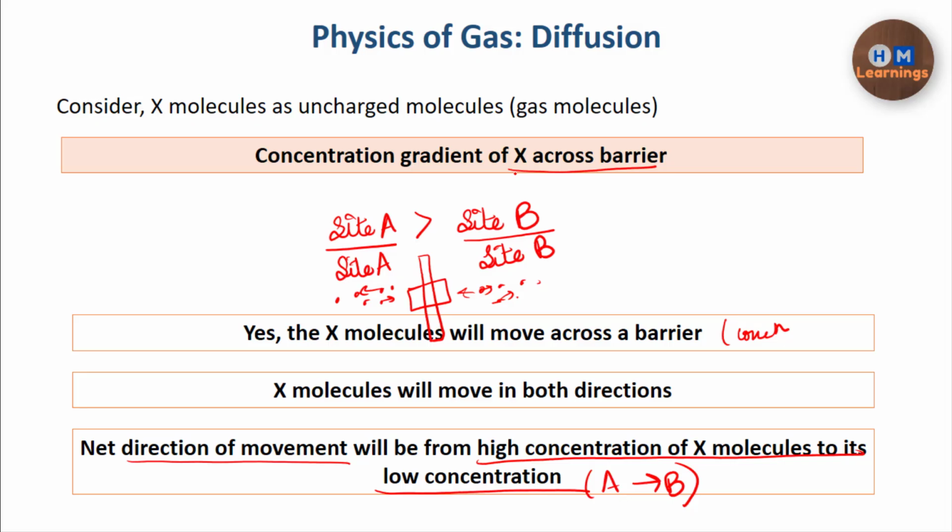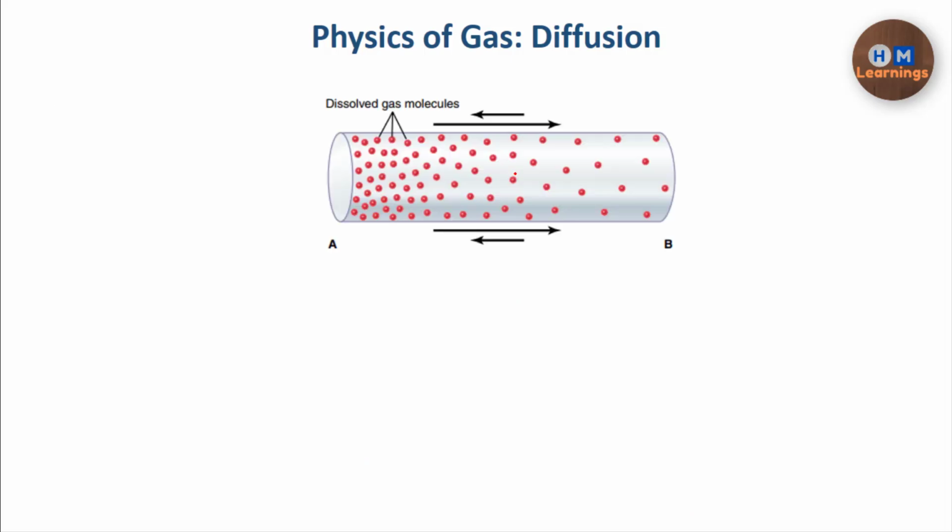Okay, so we have understood what diffusion is. It is a random molecular movement of the gas molecules. If we give some duration for any molecules, and there is some concentration gradient, and we are talking about gas molecules, the uncharged molecules, because there the electrical potential is zero, in that case the movement will happen from high concentration to low concentration.